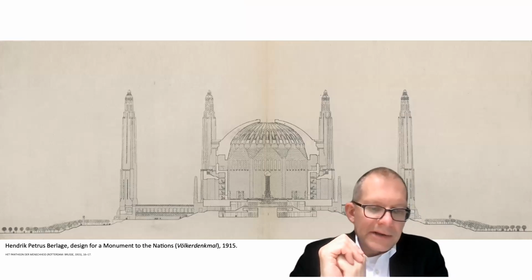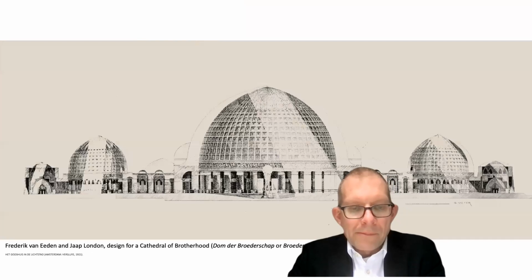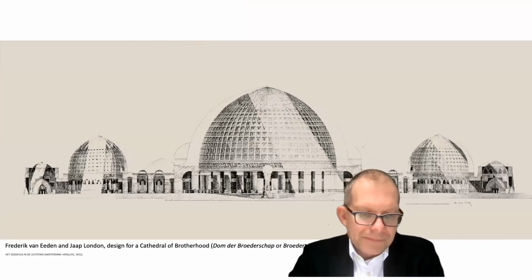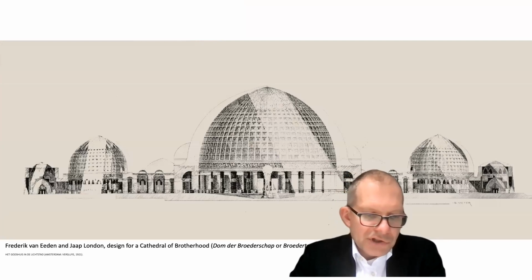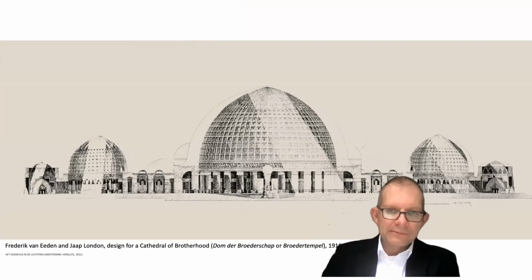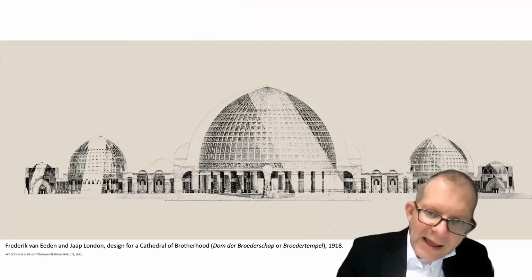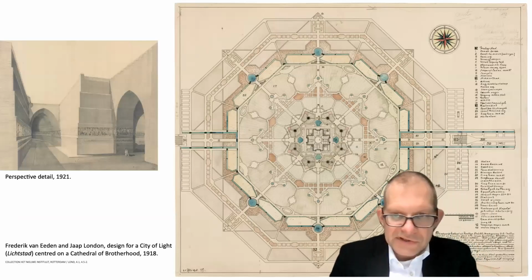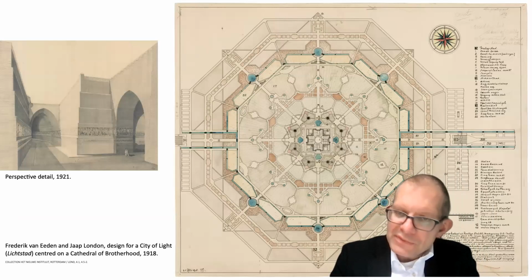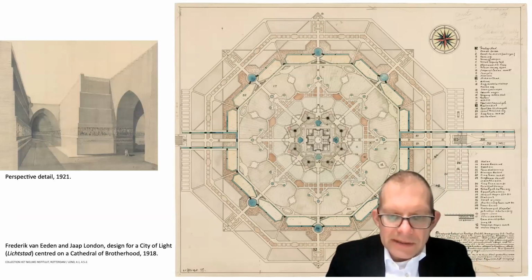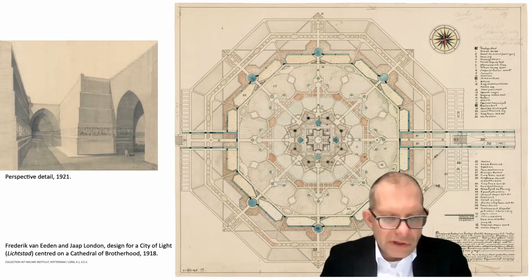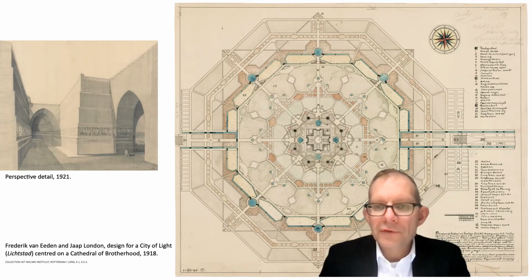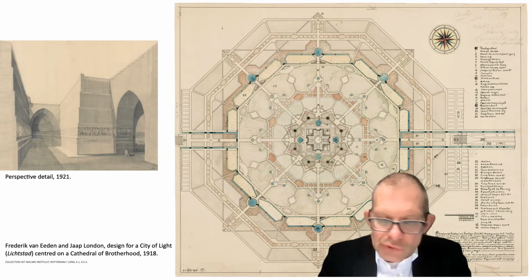Bellach's design can be compared to a still more ambitious post-war project developed by Van Eyden himself in collaboration with Dutch architect Jaap London. Its plan is similar to Bellach's, albeit at a vastly larger scale. Its architecture presents a curious mix of garden city planning and broadly Babylonian massing. As a design for a world city, it too was a reaction to the war, and it was advertised through